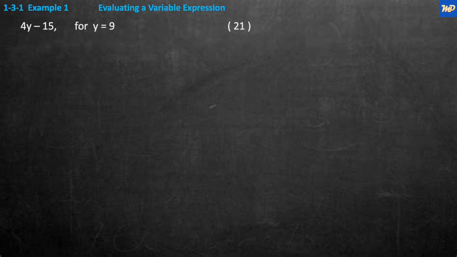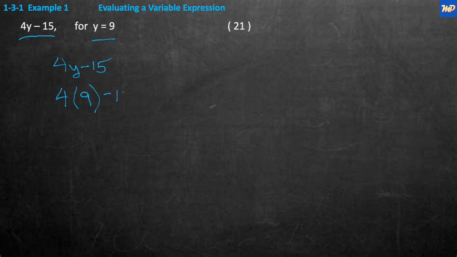Okay, example 1, evaluating a variable expression. Our expression is 4y minus 15, and we're going to evaluate it for y equal to 9. So I'm going to write it 4y minus 15. Then we evaluate the y. There's only one y in here, so we're going to say 4 times 9